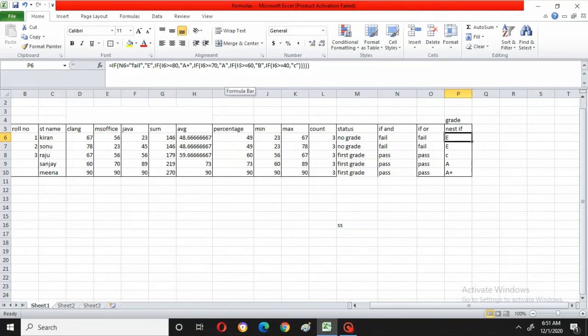Then if I6 is greater than or equal to 60, then it will display B. That means from 60 to 70 it will display B. If I6 is greater than or equal to 40, that means the number is between 40 to 60, then it will display C.